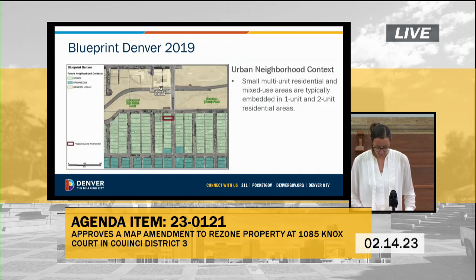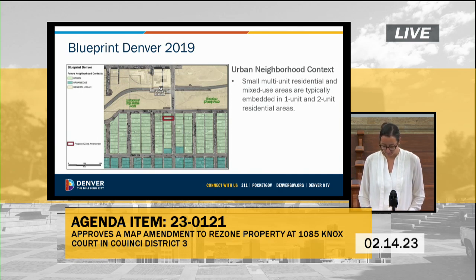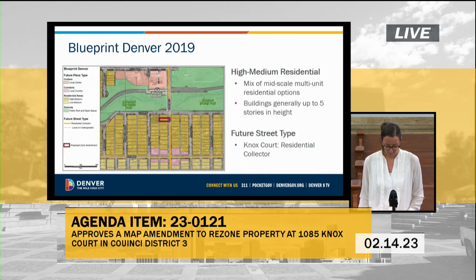Now, Blueprint Denver shows us that the subject property is mapped as part of the urban neighborhood context, and that's why the applicant is requesting to rezone to urban context instead of the urban edge that they currently have. The Future Places map designates the subject site as part of the high-medium place type. These place types have a mix of mid-scale multi-unit residential buildings, usually mixed with a variety of lower-scale residential building types. The proposed URH 2.5 zone district, allowing multiple building forms up to 2.5 stories in height, is compatible with